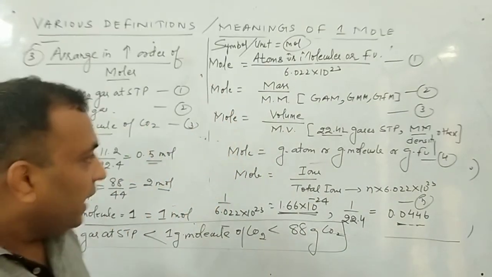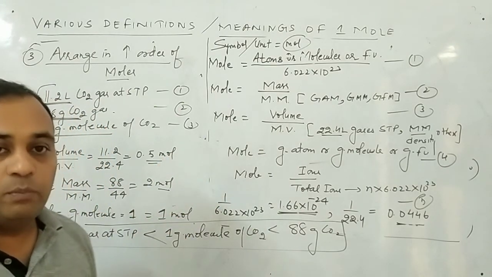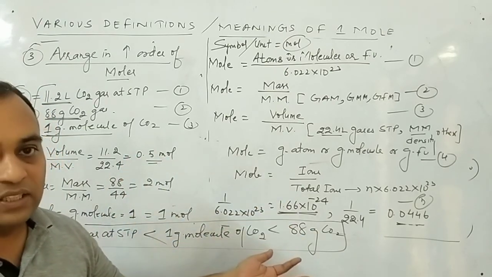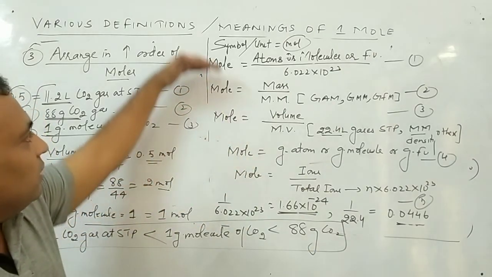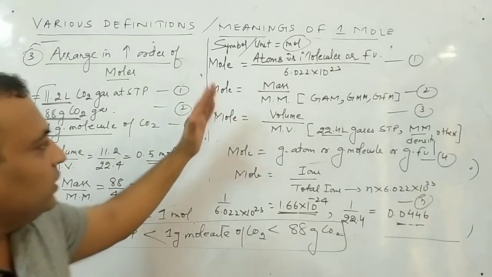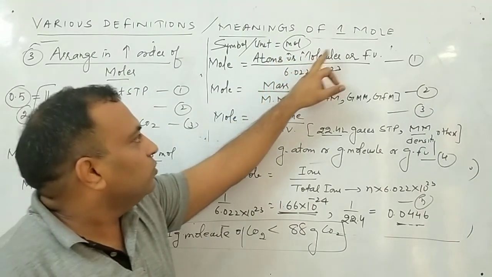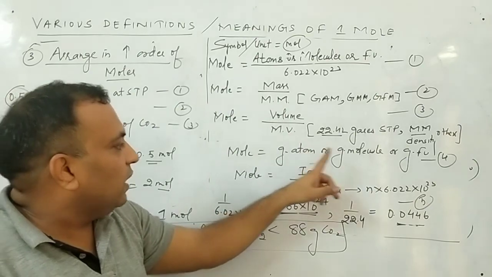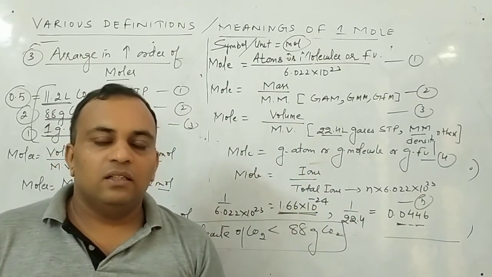So we have done the first part of the mole. Clear? And students, remember in the second part we will do slightly typical numericals, but practice these questions, then only you will be able to understand the next lecture, that is type 2 numerical. Today in type 1 we have calculated the moles. In type 2 we will calculate the data on the right hand side, means atoms, molecules, formula unit, mass, molar mass, volume, molar volume, gram atom, gram molecule, gram formula unit, ions, total ion. This is our type number 2.